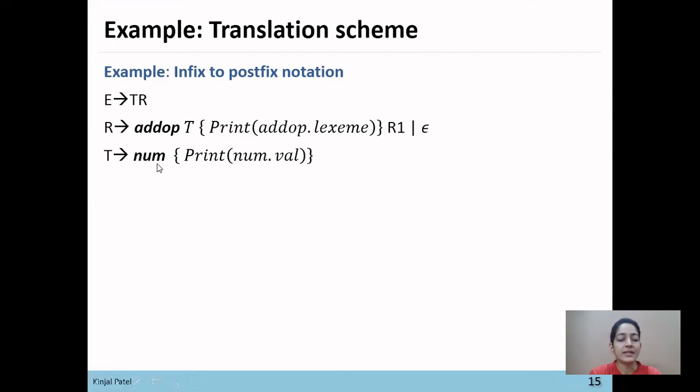Here number represents the reference to the digit, and in curly braces the translation scheme is placed: print number dot value. So the digit will get printed in these curly braces. This is the translation scheme for the conversion of infix into postfix notation.